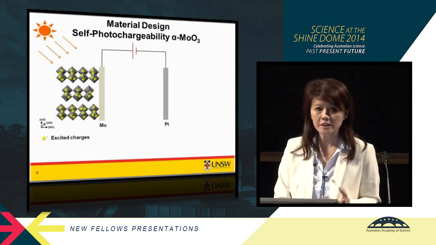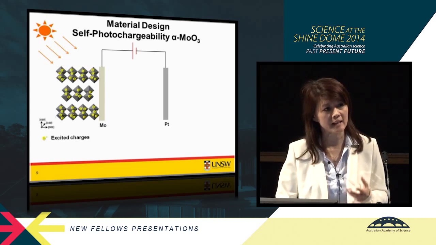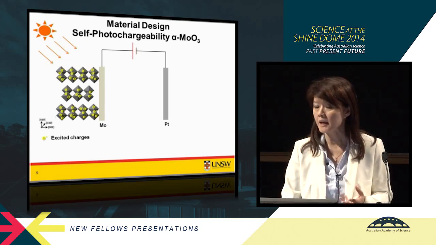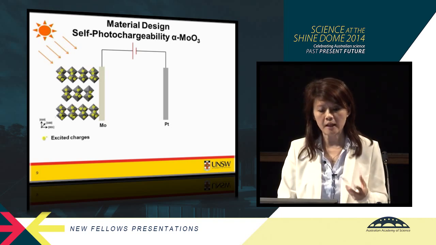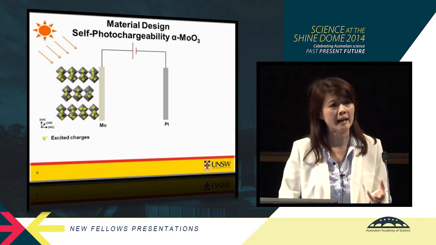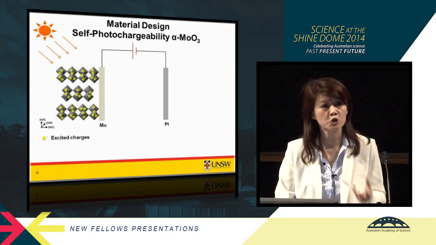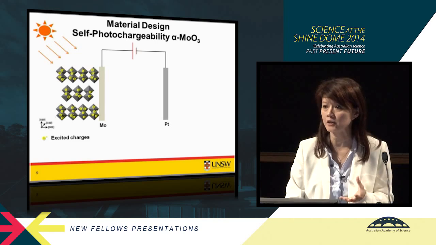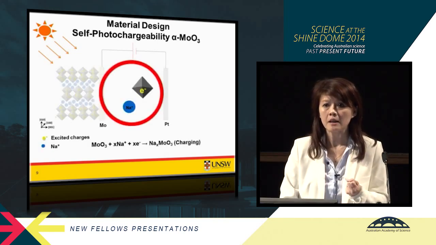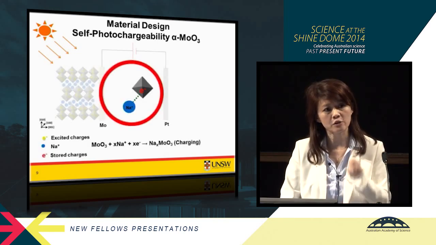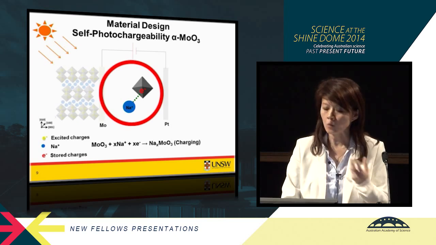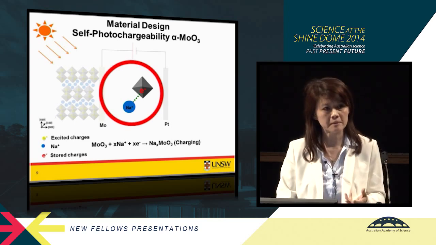But with this layer structure molybdenum oxide, it has an extra property, because what happens is that during the illumination, if you have alkali cations in the solution, the alkali cations will also trap the excited electrons. When it's trapped, that means it can store this electron in the material. And one of the things that we use these materials for is